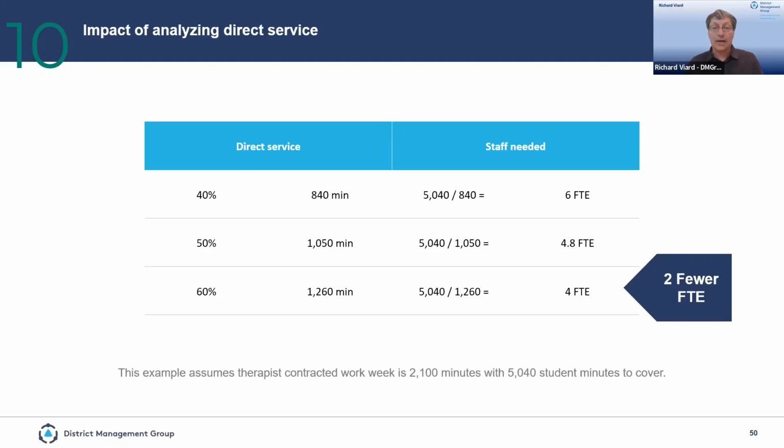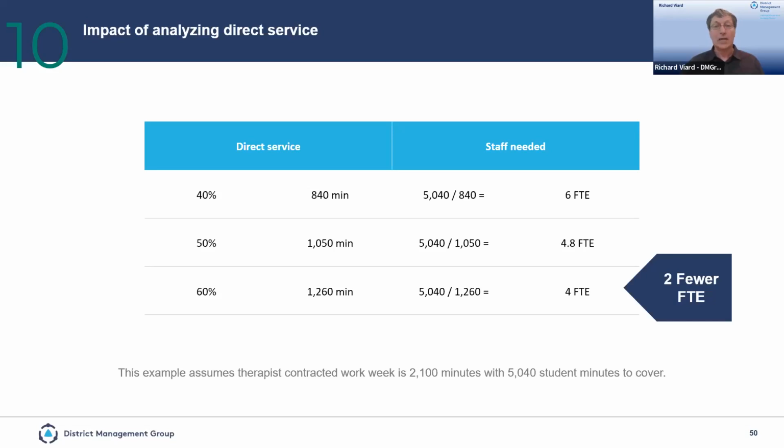So how do you achieve that? Well, looking at how many meetings do we have each week? Do we need to reserve a whole day to IEP meetings like we see a lot? How about paperwork? How much time is staff spending on paperwork? Compare the time one staff spends on paperwork to another and find out, well, what is this person doing that this other person is not able to do?